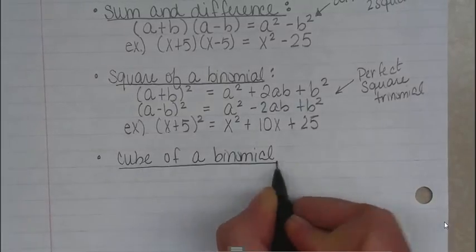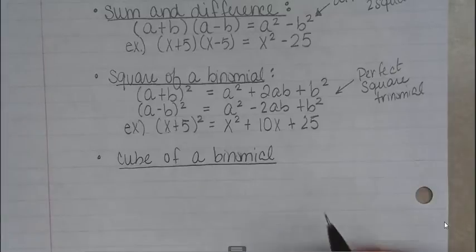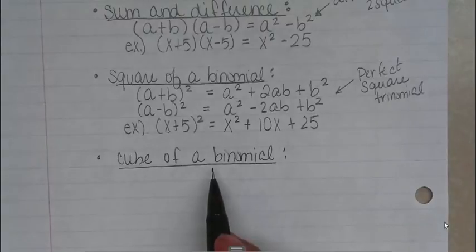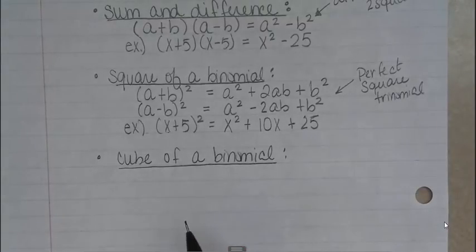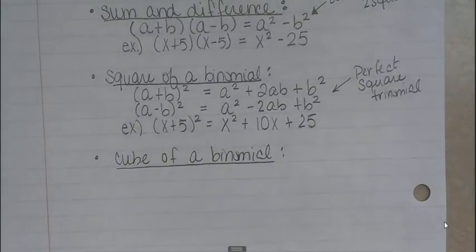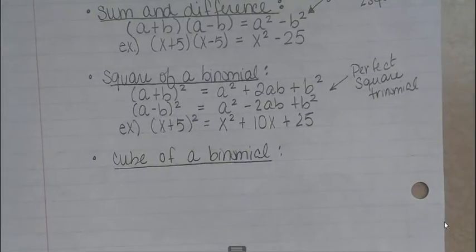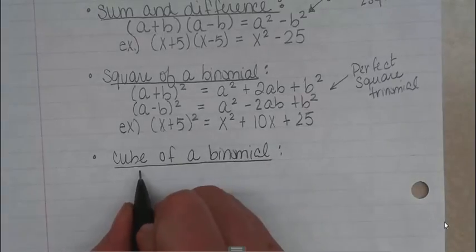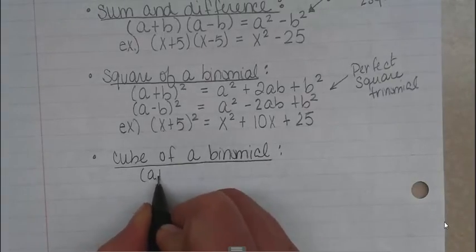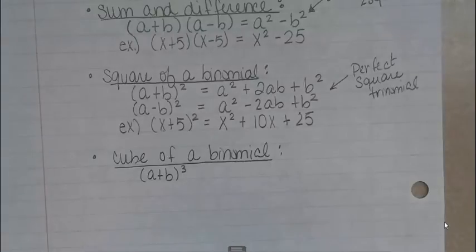Cube of a binomial. So I'll introduce you to what the formulas are, and we'll use them, but I'll also show you how to do it just by multiplying it out. And I'll show you how to use Pascal's triangle. All very exciting stuff. So if I have a plus b cubed,